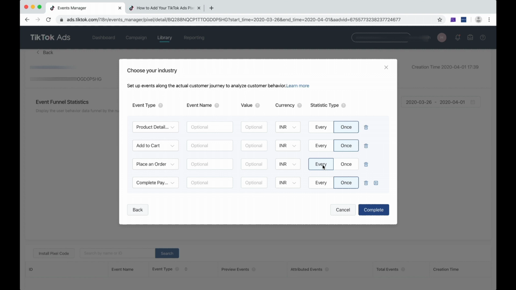Now for example, you are doing a lead generation thing wherein a person comes to your website and fills in his details. Now if I come to your website and fill in my details twice, it is of no use to you. You need my details only once. So at that time you select only once. So in e-commerce, as a standard, what we suggest is you should select every,